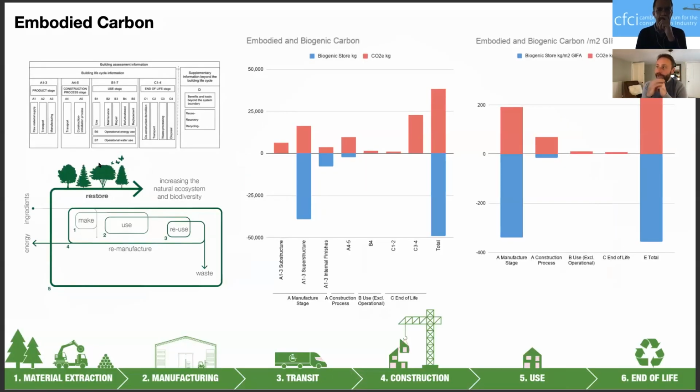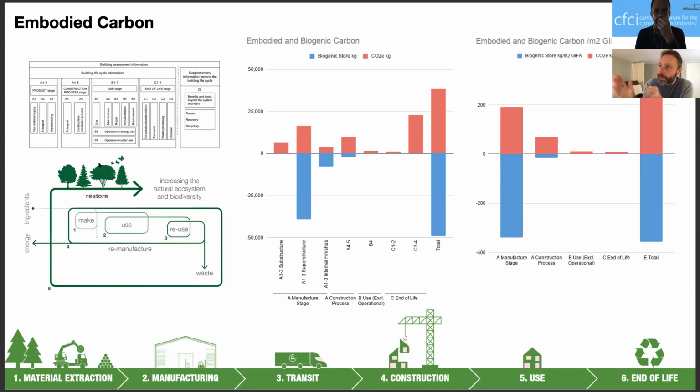So can it be regenerative? Yes, it can. This is what we found through our statistics, actually through looking at every single element of the house, and we've also designed a townhouse and an apartment typology as well, not just our two-story house. We found we can lock away more carbon than we produce during the lifetime.